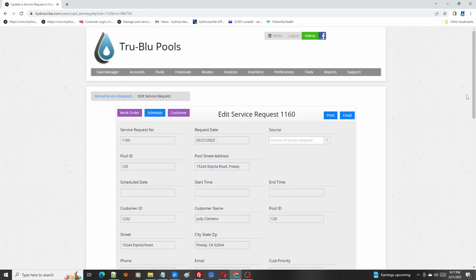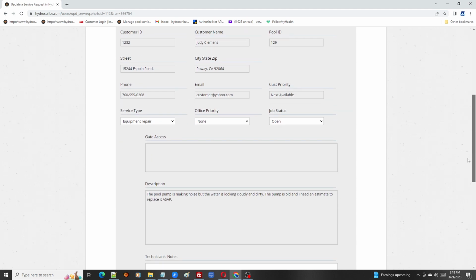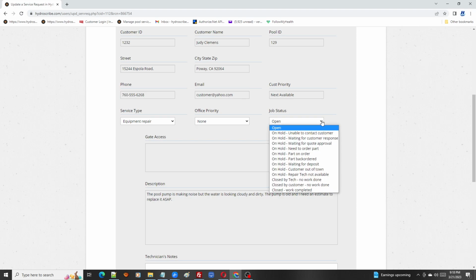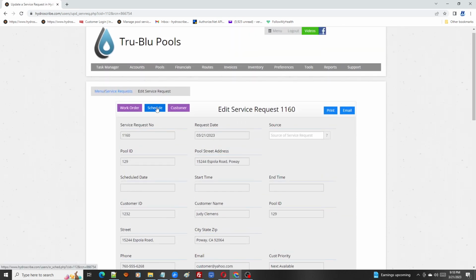But if I need to order a part and I cannot do this immediately, then I need to change the job status. As you can see, there are different job statuses that you can apply to this and put it on hold. That's so that other people in the office will see what status there is and why the job hasn't been scheduled. Okay? In this case, let's say there are no parts that need to be ordered. There's no reason to put the job on hold, so we're just going to go ahead and schedule the work to be done. Again, we just simply click the schedule button,